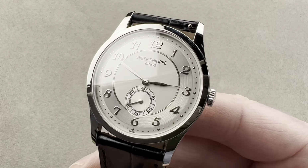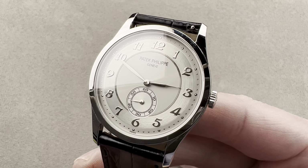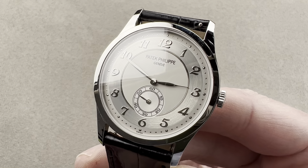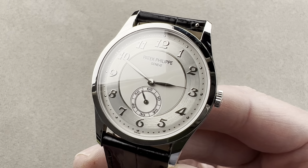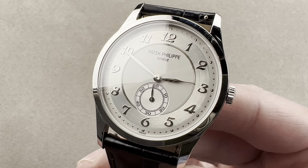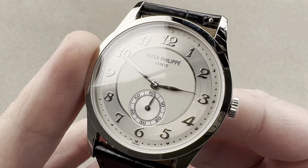Today, we discuss a model launched in 2004 that represents the heart and soul of Patek Philippe, descended from the legendary Stern-designed 1932 reference 96. This is the Patek Philippe Calatrava 5196P-001. Now, the 5196 line launched in 2004, and it is the continuation of a long-running lineage that stretches back